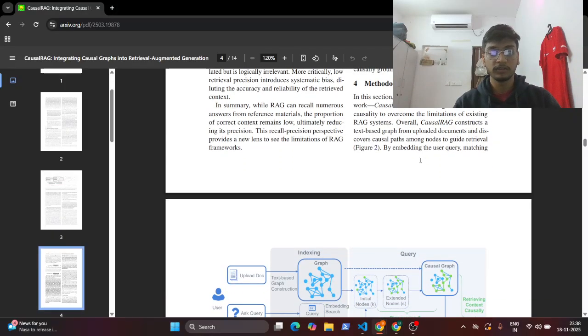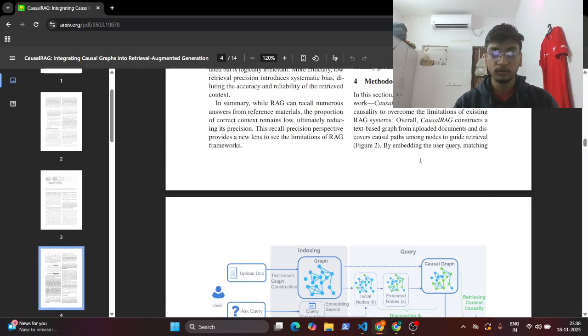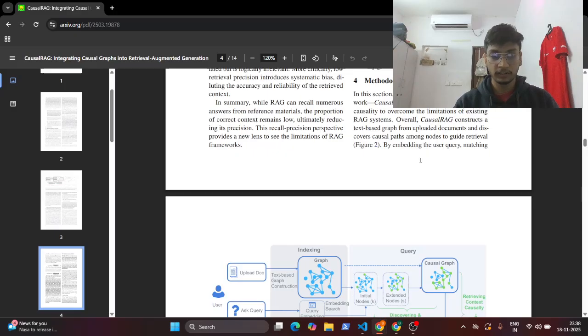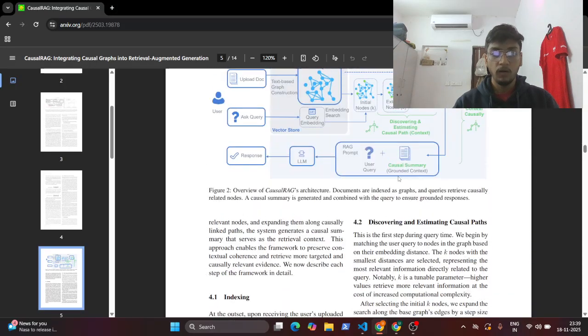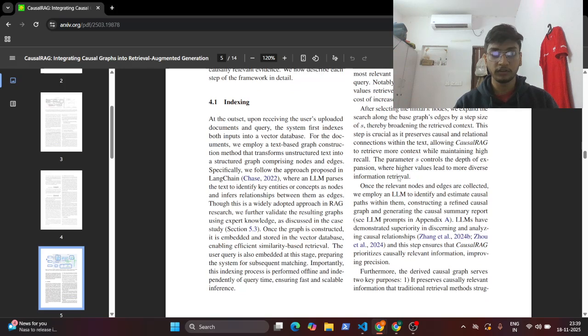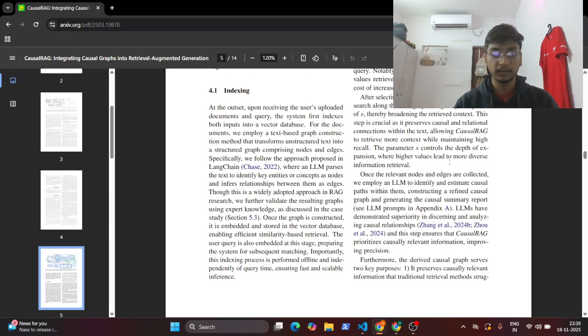So, coming to the methodology, to address these failures, we introduced the causal RAG framework, which works in three sequential steps. The number one is indexing. Our first step is to transform the unstructured corpus into a structured causal knowledge base. We use a powerful LLM to perform two primary tasks: node extraction of key entities and variables, and directed edge extraction to identify explicit causal relationships. Every resulting node and edge is linked back to the exact textual snippet from the source document, providing essential provenance